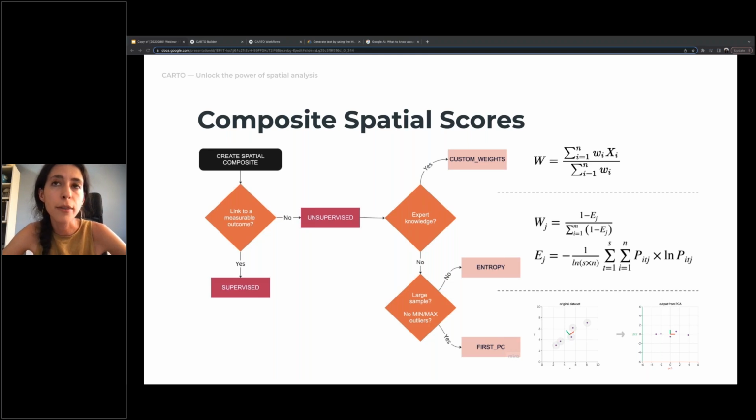In this entropy method, basically, entropy measures the amount of information. So what we're going to do is to relate the amount of information, which is the entropy, to the weights, so that we can assign greater weights to those variables that have a greater entropy. So what we do is to standardize the variable first, and then we compute the proportion of the values of each of the variables. And with this proportion, we are able to compute the entropy following the formula that you have in the slide, which is